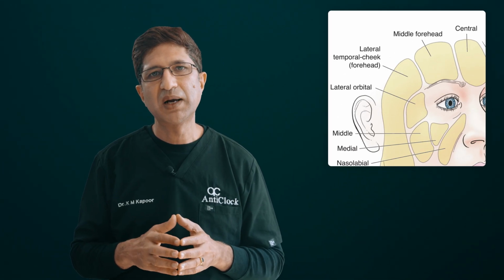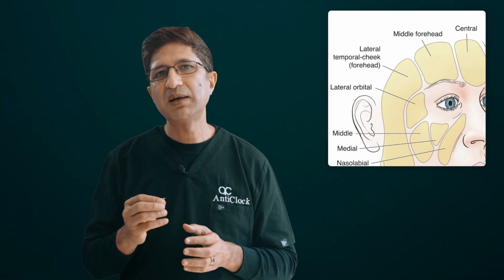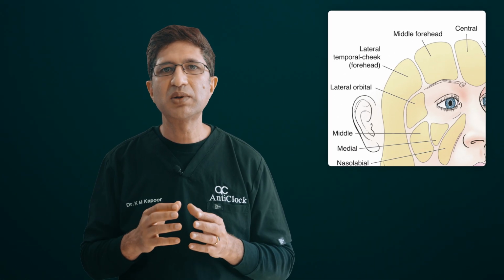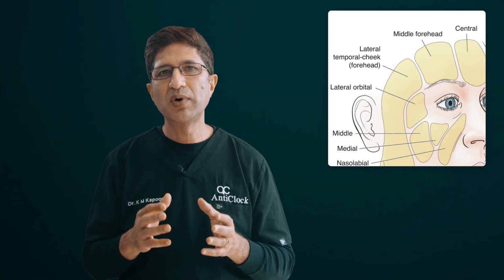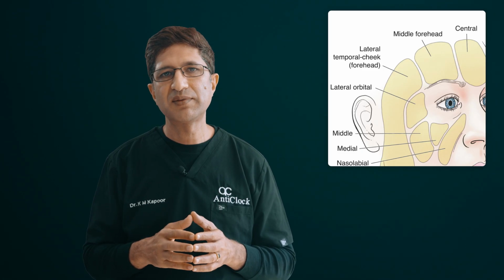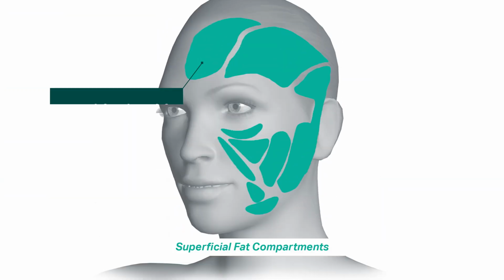Next, we talk about forehead and temporal fat compartments. The forehead and temporal regions also contain distinct fat compartments which contribute to the overall volume and contour of the upper face. In the forehead, in the middle, we have central forehead fat. It is located in the midline of the forehead, and this fat compartment helps maintain the smooth and youthful appearance